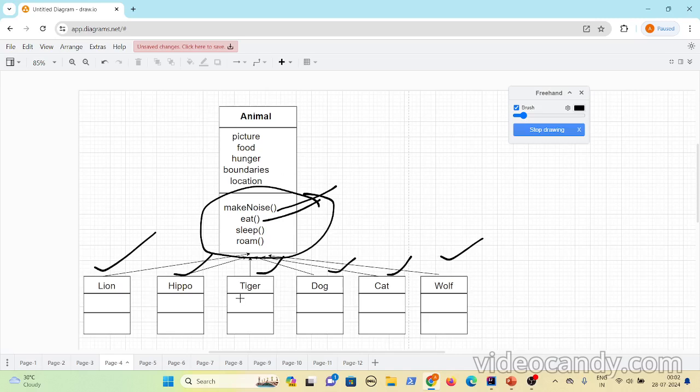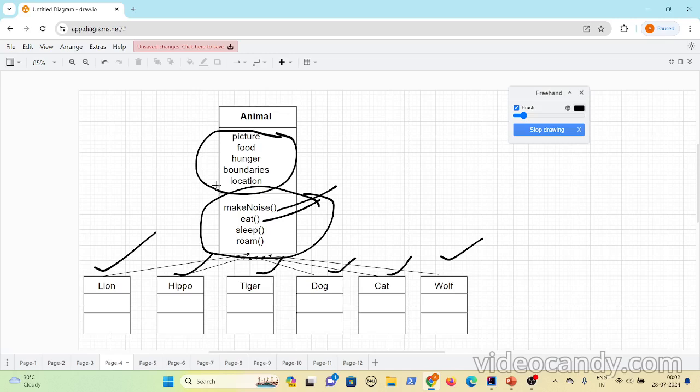So instead of defining that in each and every class, since all these are animals, let's create a superclass called animal, and I'll put all these methods in the animal class. Now I have some default logic present here, and if you look at the instance variables, let's say you are defining a simulation game.